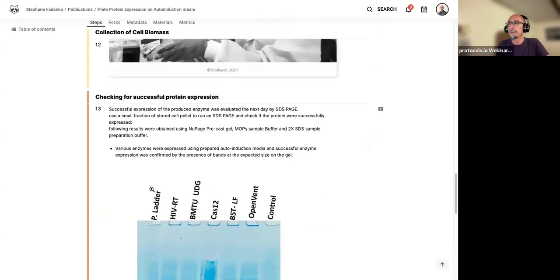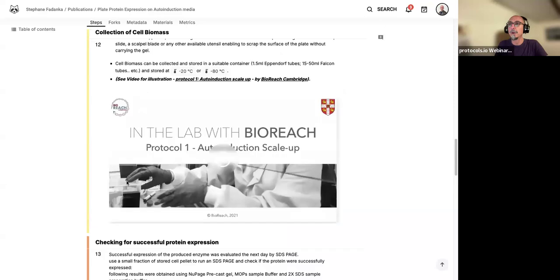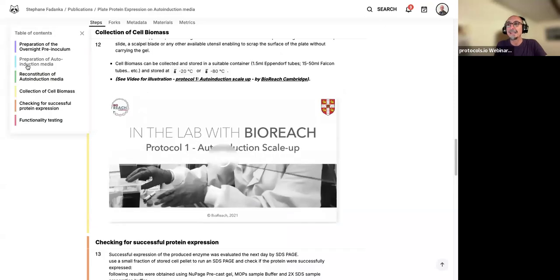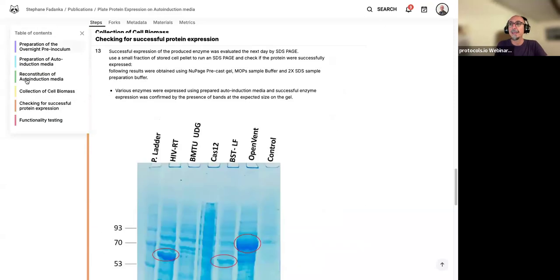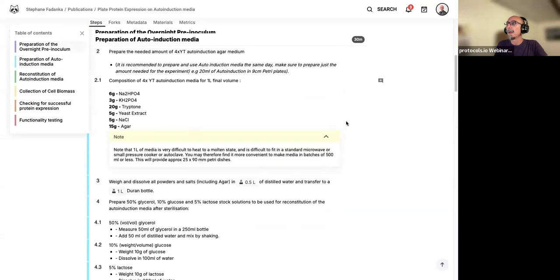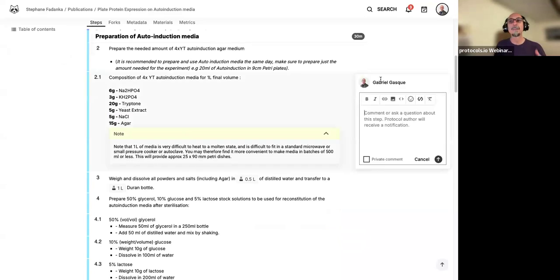Different sections of the protocol can be coded in different colors, creating a table of contents that I can navigate. The protocols are interactive documents because anyone can come and type a comment or a question, and the authors will be notified, and they can come to the platform to respond to that comment or question.